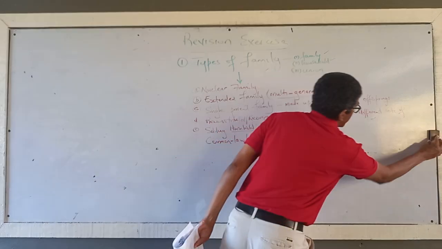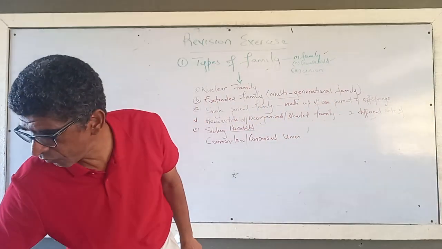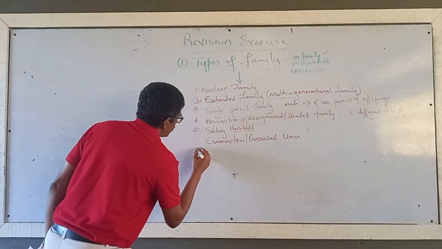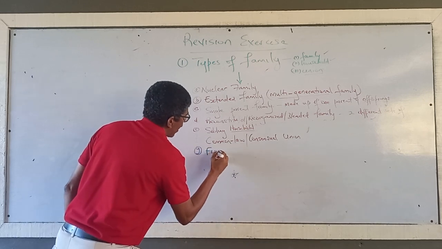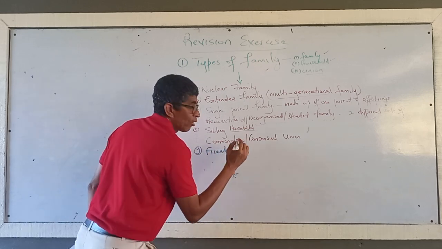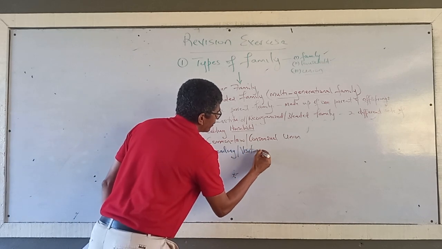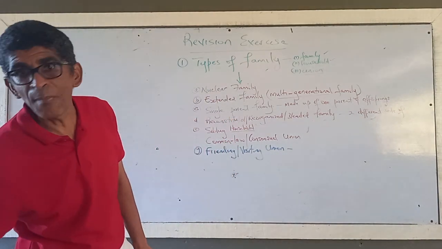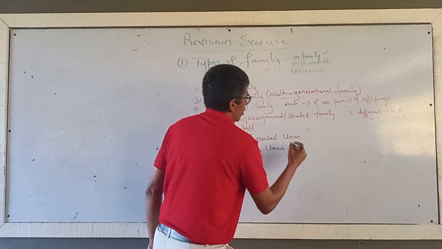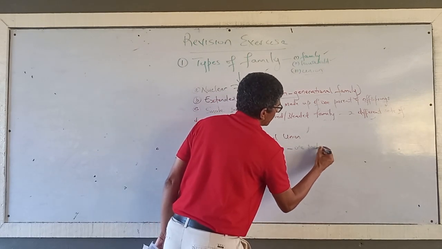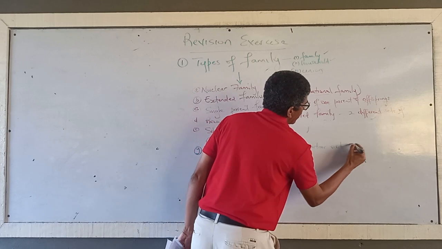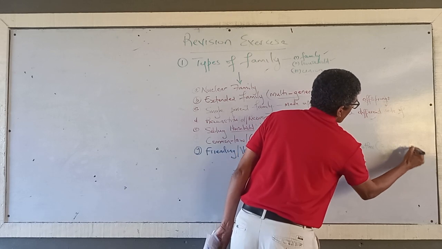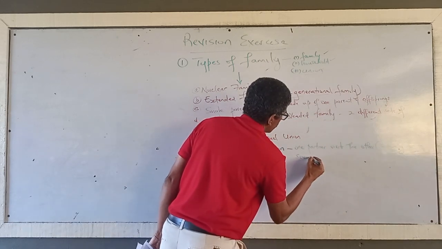So can I click? Let's see that one. Alright, the last type of family now. Now I want to put this one now. A, B, C, D, E, F, G. This one is called friending, or visiting union. Now this is a type of family setting in which one partner visits the other, generally for sexual favors,